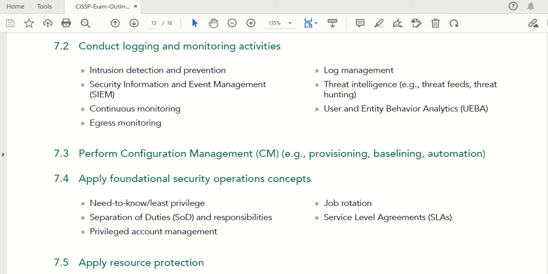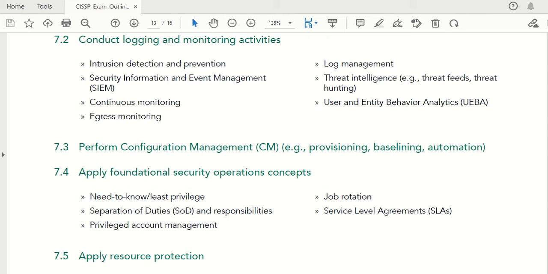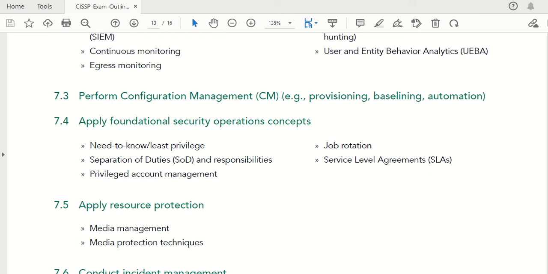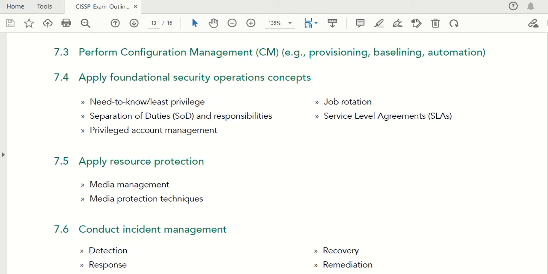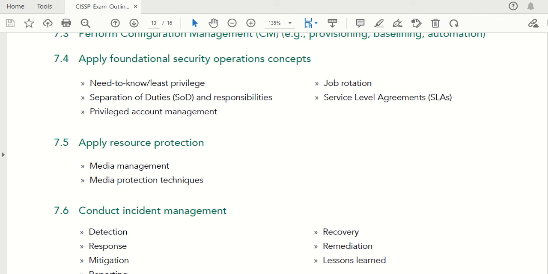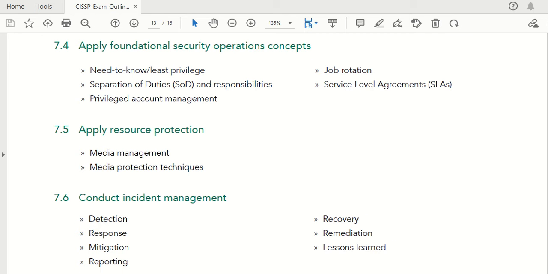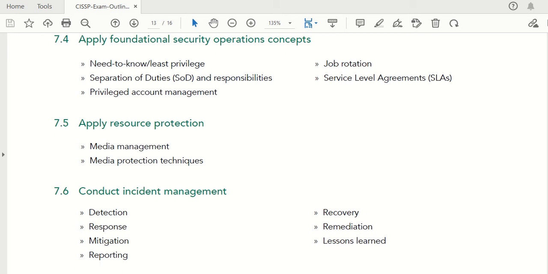provisioning, for example, provisioning, baselining, automation, apply foundational security operations concepts: need to know, least privilege, separation of duties and responsibilities, privileged account management, job rotation, service level agreements, SLAs, apply resource protection, media management, media protection techniques, conduct incident management, detection, response, mitigation, reporting, recovery, remediation, lessons learned,